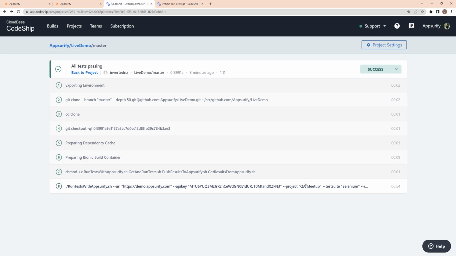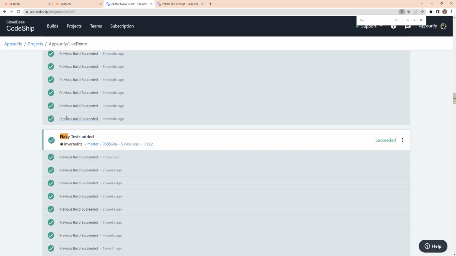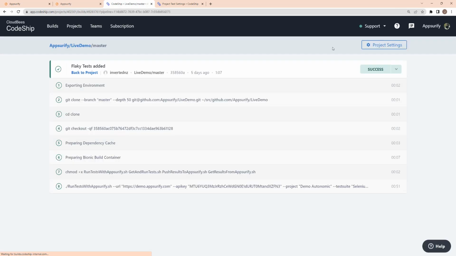UI tests are often very painful to get into builds. You either have to pay a lot of money to parallelize them, or you can use Appsurify and just run the set of tests that actually matter. Now, if I show you a little bit of what we do outside of that,